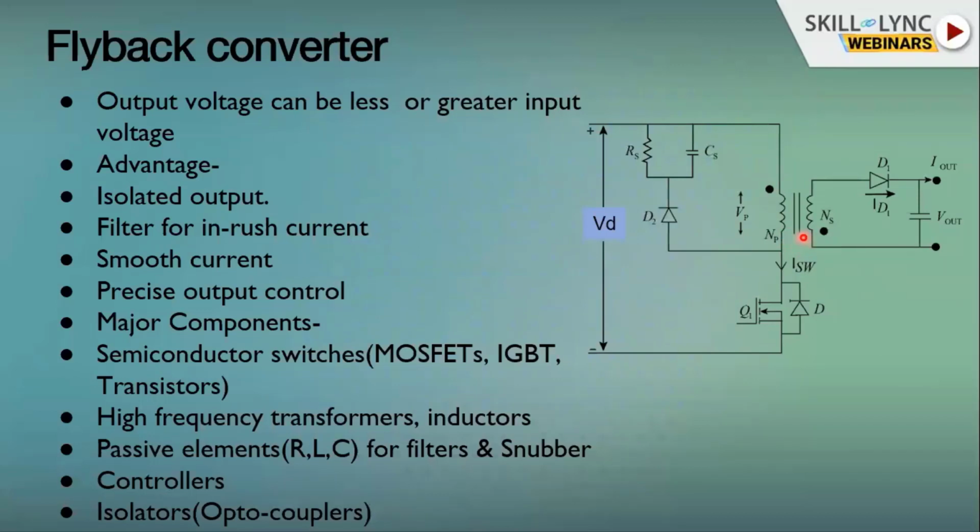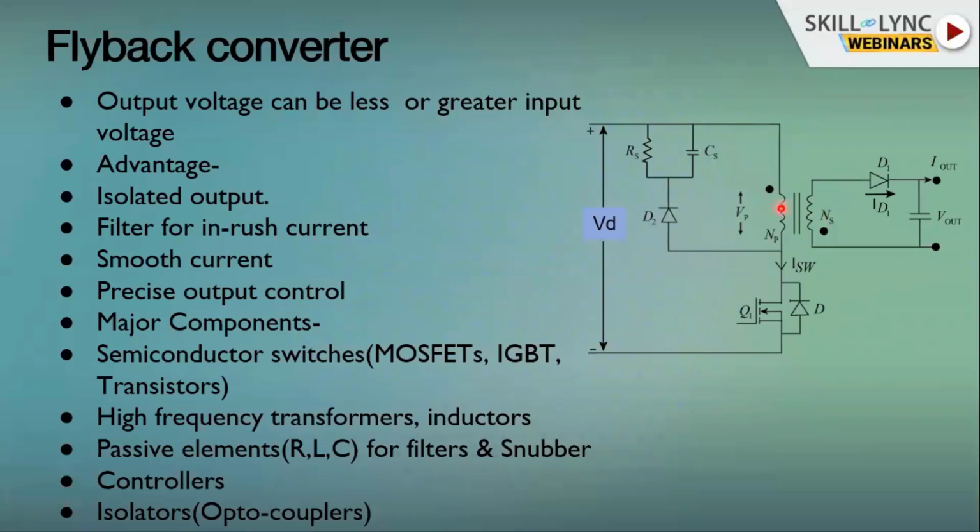It has two advantages. One is that it provides isolation between input and output. Second, this transformer also works as an inductor, storing energy and playing an important role in the flow of energy from input to output, making a smooth operation. This SMPS transformer is mostly used as a buck converter, that means you are chopping the voltage from input to output. In this case, you also see that on the input side we have used an RCD snubber. It is used to address the inrush current towards the input side.